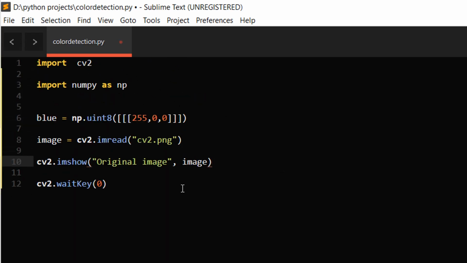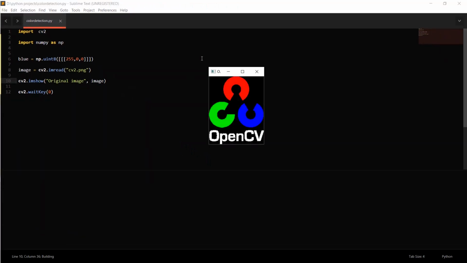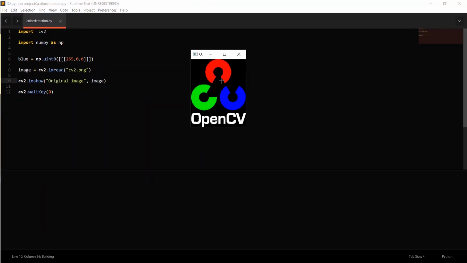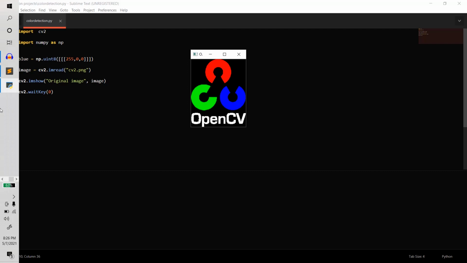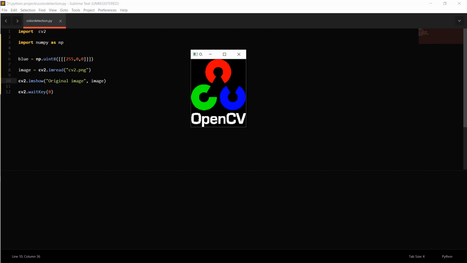Now if you run this code, we have to extract that blue color. To extract that blue color, we first have to apply a mask on it. The mask will convert that blue color to white and the remaining colors to black. For applying a mask, we have to know the lower range and upper range of the blue color.